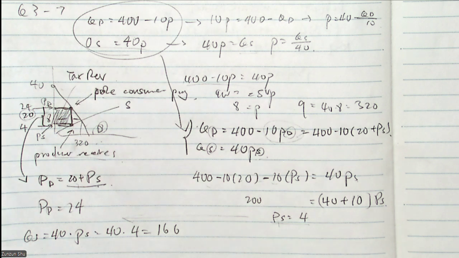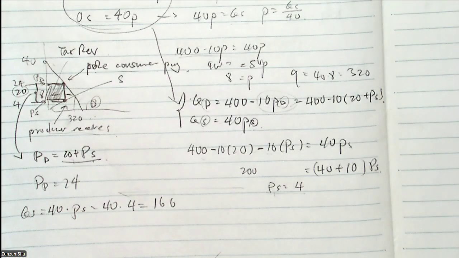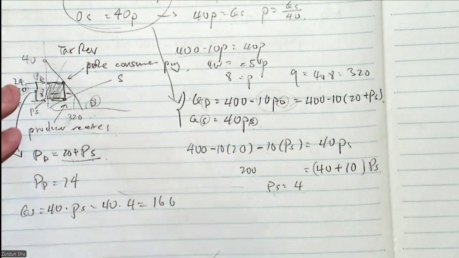Question 5, the incidence of the tax. How do we know the incidence of the tax? You take a look at how much the producers pay, or how much the consumers pay. And here it's asking for consumers, right? So consumer pays,